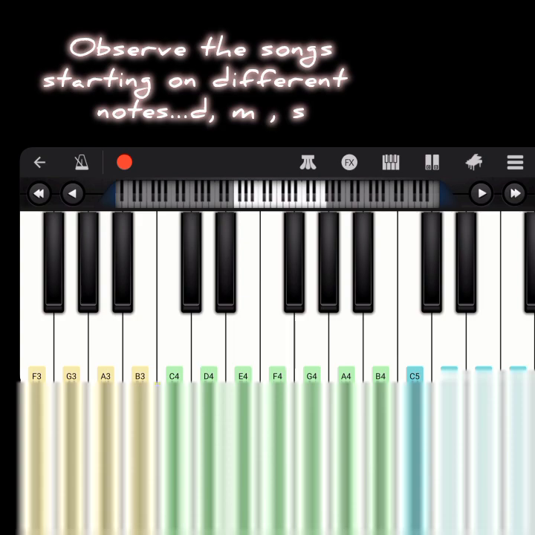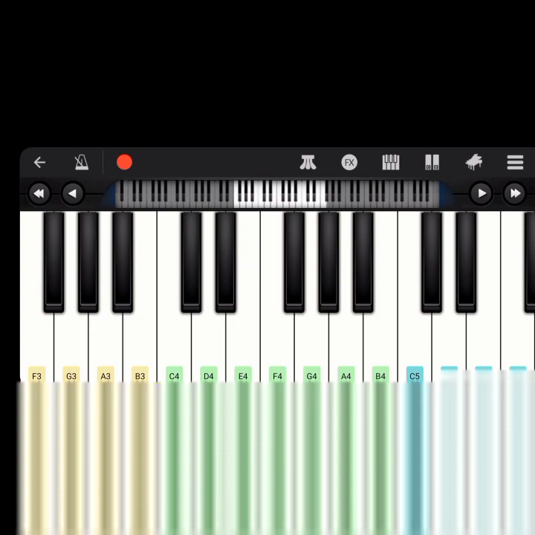So the first note. While shepherds watch their flocks by night. Then now let's go to Oh Holy Night. Then we give you